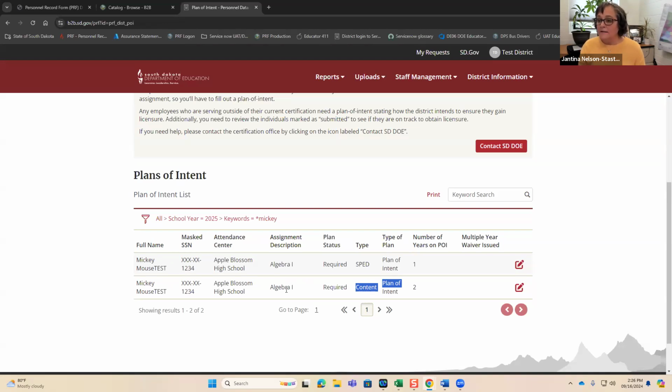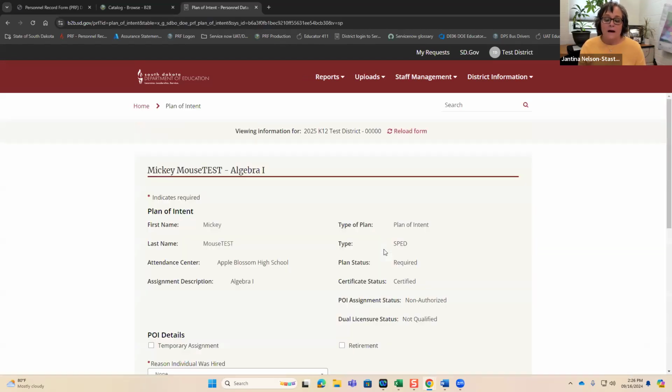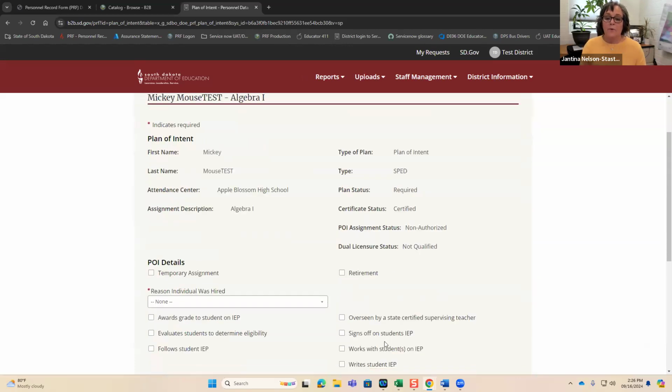So he has to be dually licensed to be pulling those kids out and providing special ed and algebra. So let's go through and look at how you would put in his plan of intent.